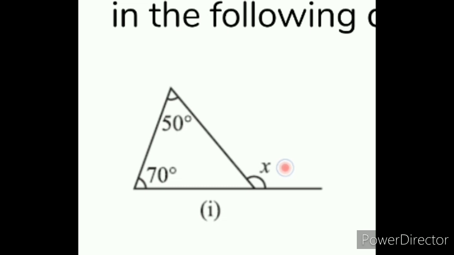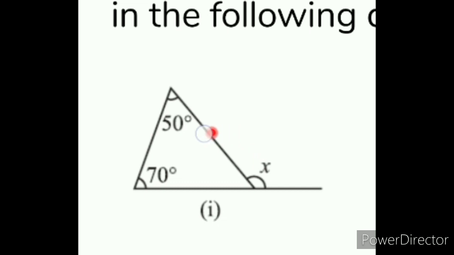For that we should use the exterior angle property. What is the exterior angle property? Once again, the exterior angle is equal to the sum of the interior opposite angles. Got it? Yes. Now inside the triangle we have two angle measures. One is 70 degrees and another one is 50 degrees. This angle measure is unknown. This angle measure is not necessary. According to the exterior angle property, these two are enough, isn't it?